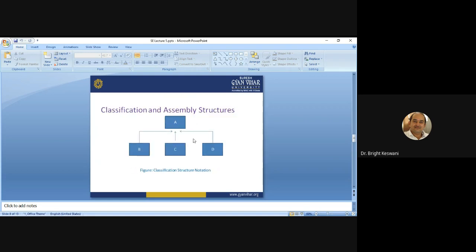In classification structure notation, the main thing is A, and B, C, D are the specializations, and this is the generalization. A is the example of generalization, and B, C, D is the example of specialization. So classification consists of two things: specialization and generalization.